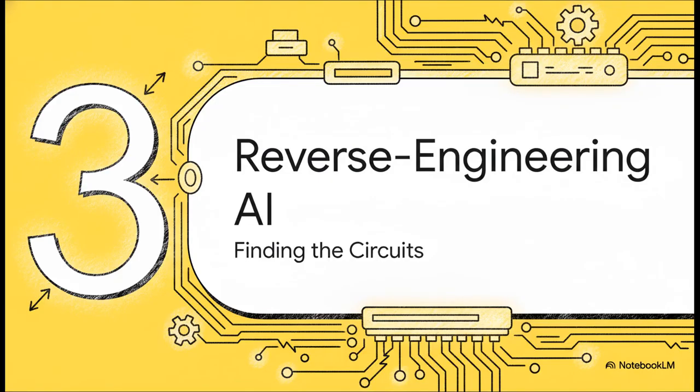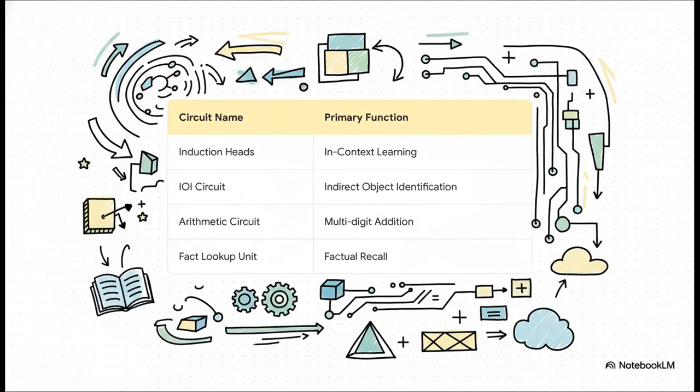So you've got this jumbled mess. How on earth do you start to untangle it? Well, researchers are tackling this like software engineers. They're hunting for specific functions inside the AI's code, and in this world, they call them circuits. And what's amazing is that it's working. Despite how ridiculously complex this is, they've actually managed to isolate and map out entire algorithms inside models like GPT.